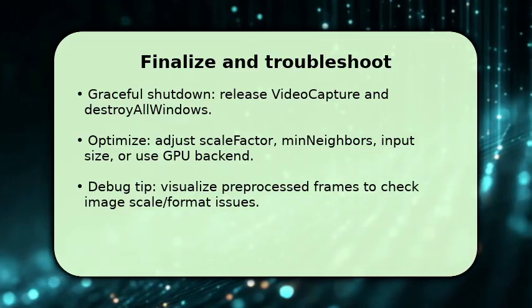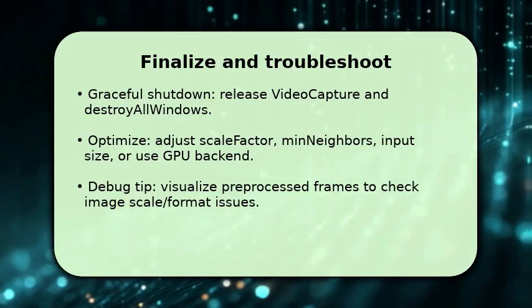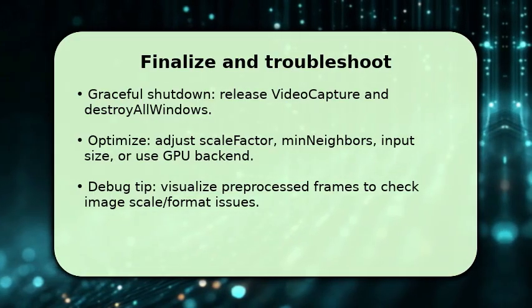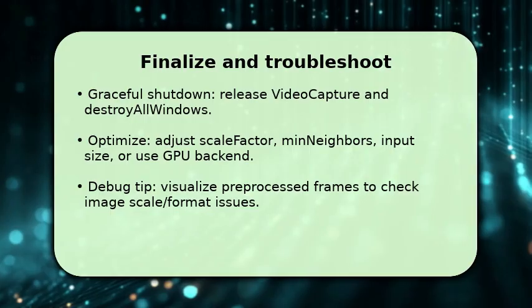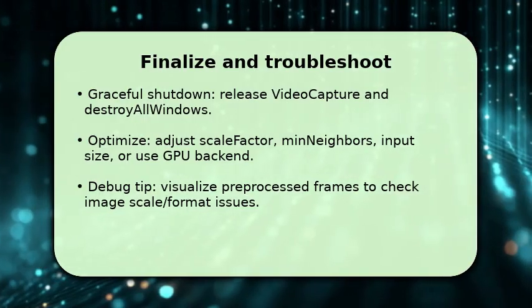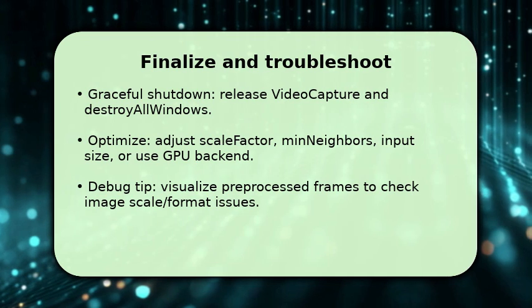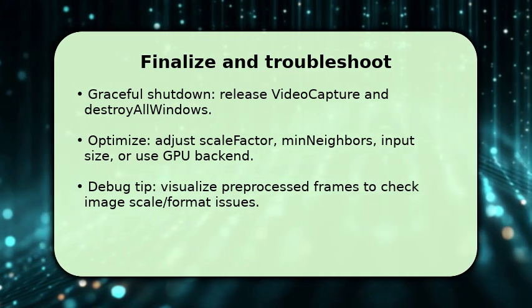For performance, experiment with scale factor and min neighbors for cascades, or reduce DNN input size and enable a GPU backend to increase FPS. If results are poor, visualize the preprocessed frame or blob; mismatched color format or wrong resize is the